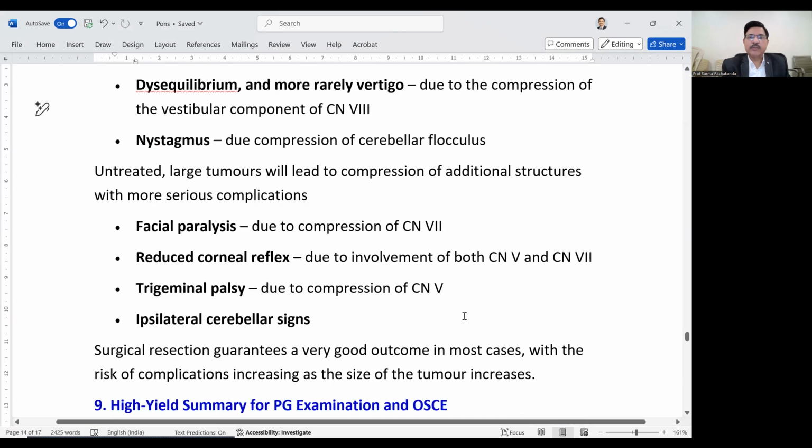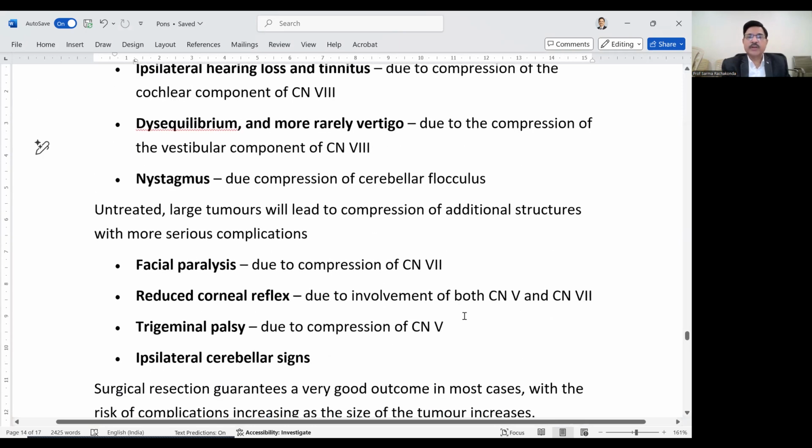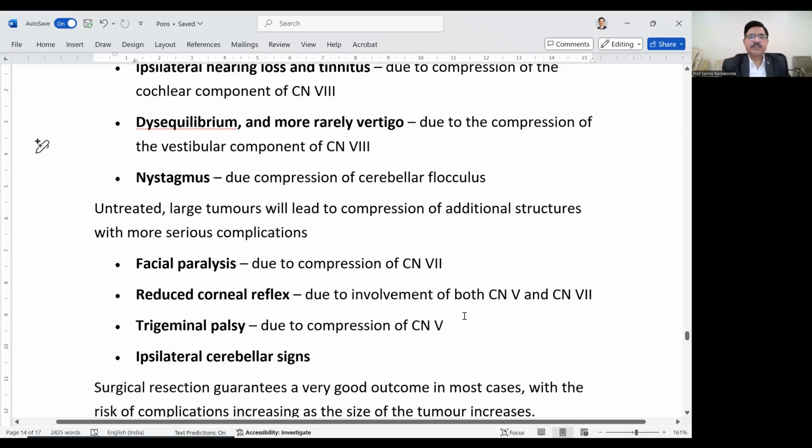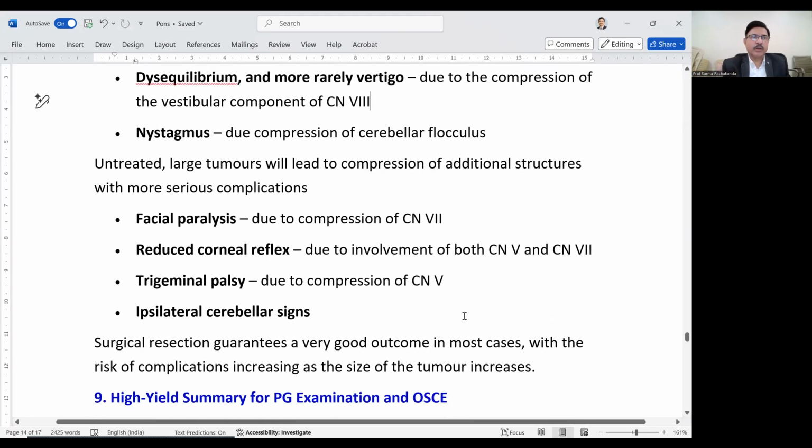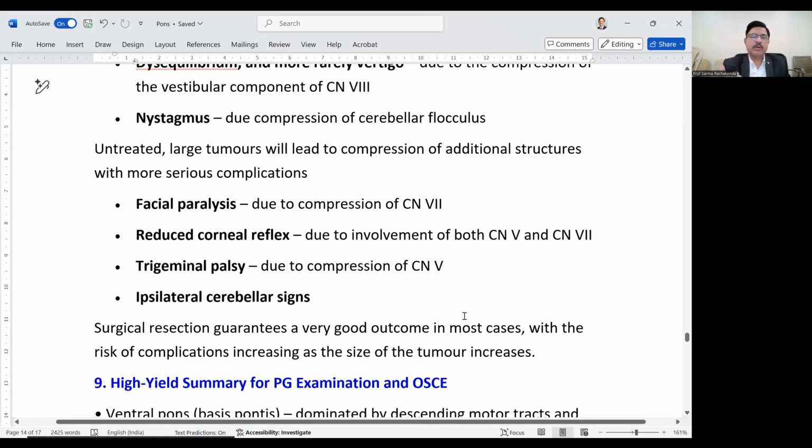Check for the corneal reflex. Why is the corneal reflex absent? Due to the involvement of the motor component of the seventh nerve, that is the orbicularis oculi, or the sensory afferent of the fifth nerve. Trigeminal palsy also may be there because the trigeminal is close by. Ipsilateral cerebellar signs also in the